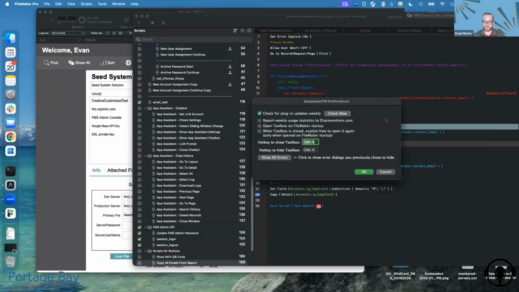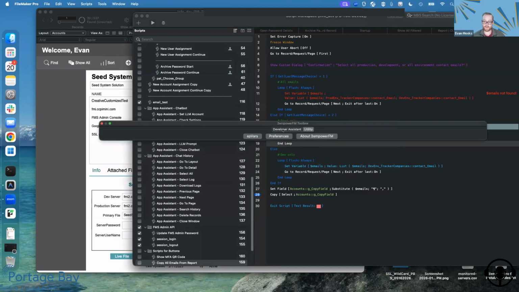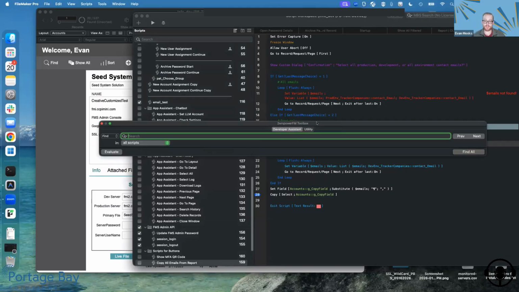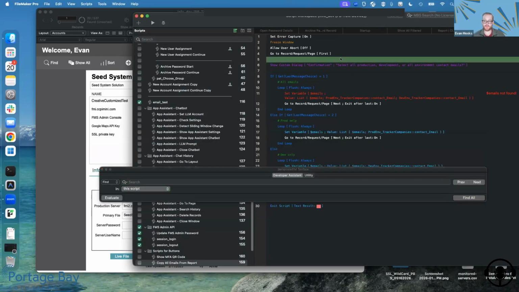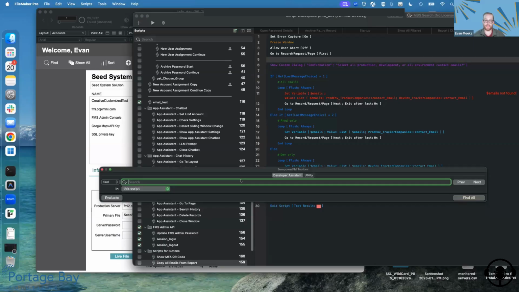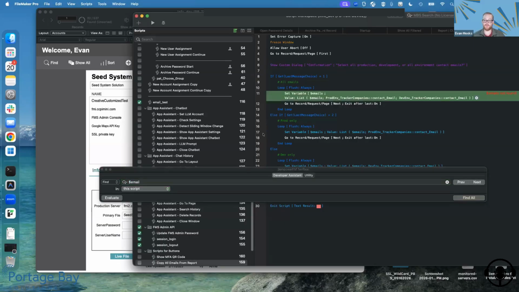So you've got some different preferences here. This is the default quick key for me to open it up. On my computer, that's Command Option Shift and X, so a little more complicated than just a Command F. But with it open, if I put the focus on an individual script,